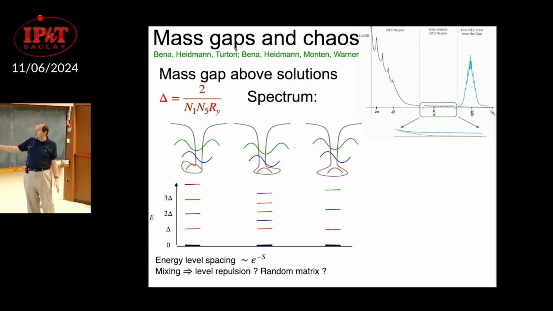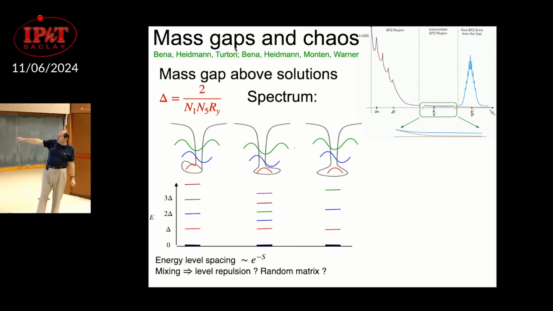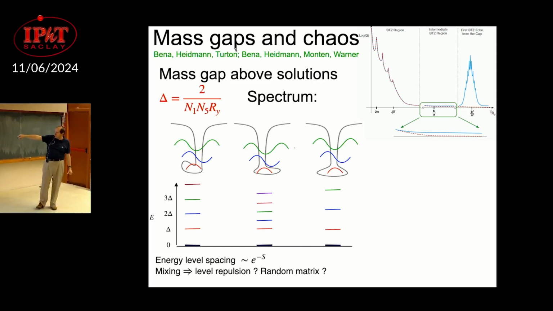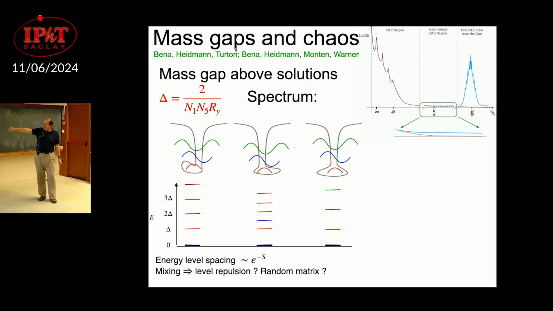Mass gaps and chaos: you can calculate these solutions. Again, you have the supersymmetric ones, and then you can put excitations on them. So you can put some tower of excitations on top of one microstate, another microstate, another microstate. And the story seems to be that, at zero coupling, you have a huge amount of them. Then when you increase the coupling, at the first level, you get a bunch, very closely spaced. But then you start getting mixing, because all these microstates can mix, can tunnel into each other. So you'll get a spectrum which is zero, and then you get a gap. And then you get nothing, and then you start getting some density of states.